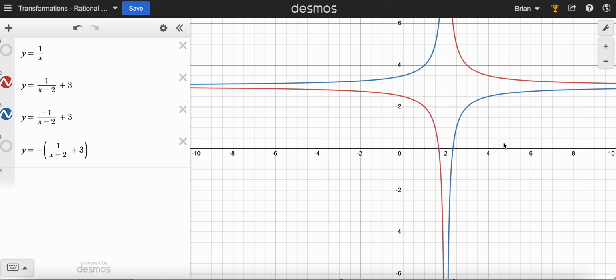I know it looks like it could also be a vertical reflection. That's because of the symmetry of the parent function. It is not a vertical reflection over the vertical axis. It is a reflection over the horizontal axis. All of those values that were below that horizontal axis are now above, and all those values that were above are now below. Now I'm going to put a temporary pause on that graph,